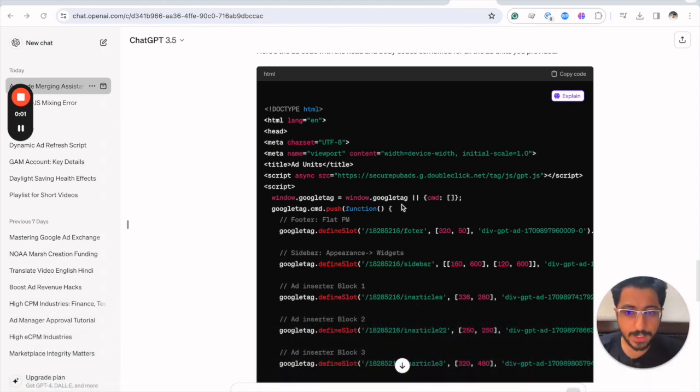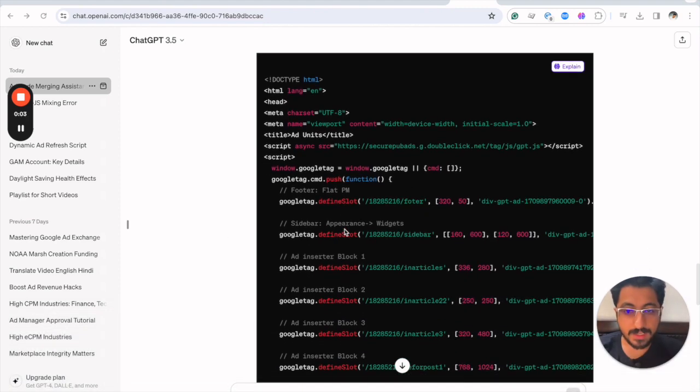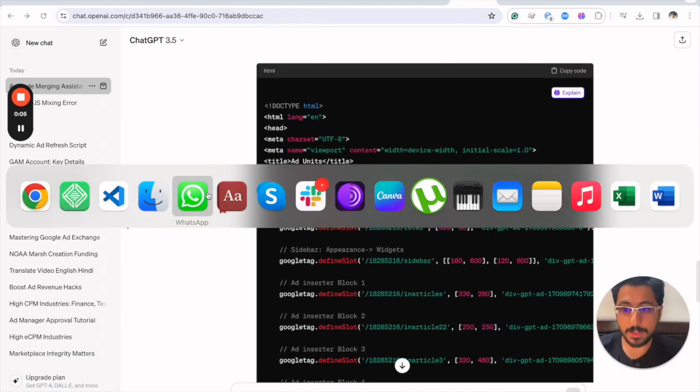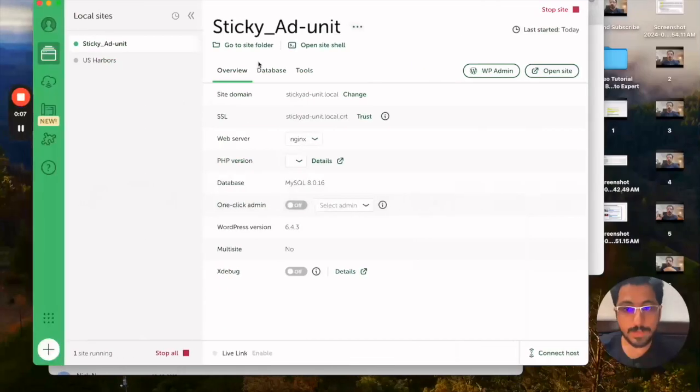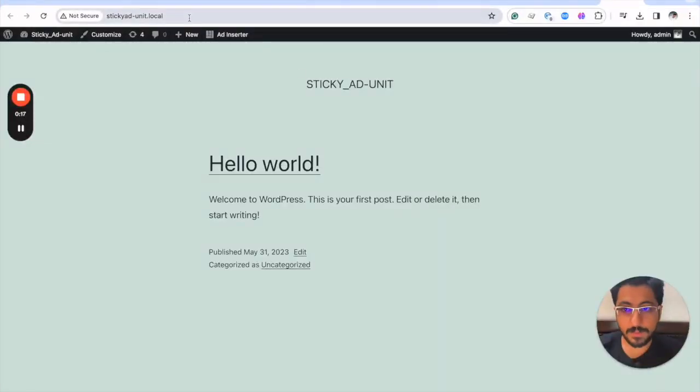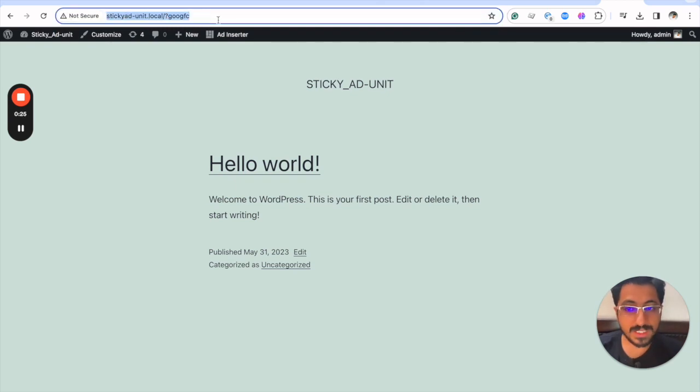So the goal right now is to actually test this code, and we'll be using Local by Flywheel to test this code. This is the tool that I use while creating my local WordPress environments, and it works great. Let's check out the WordPress site that it created. That's just a dummy site, but most importantly, when we apply Google FC to it, we don't see any ad